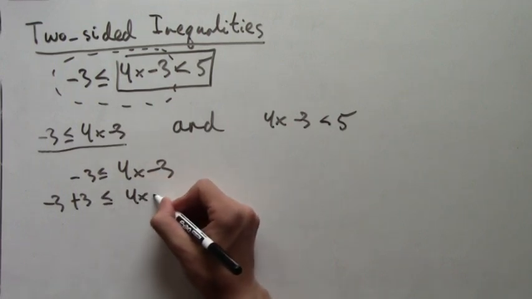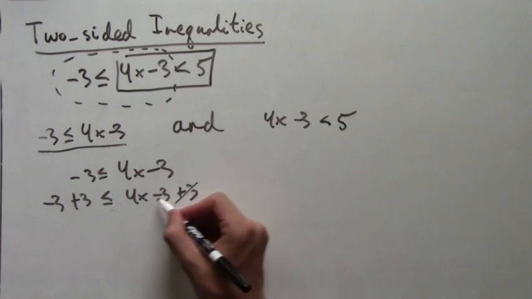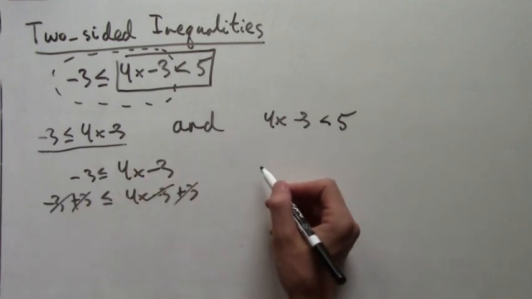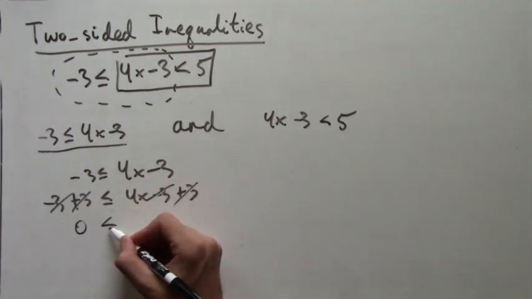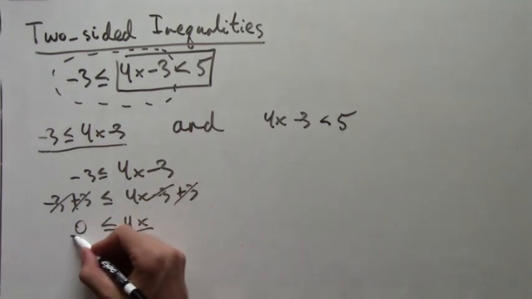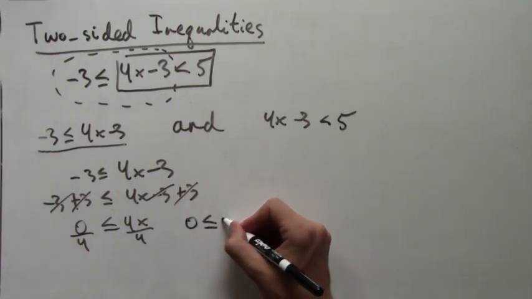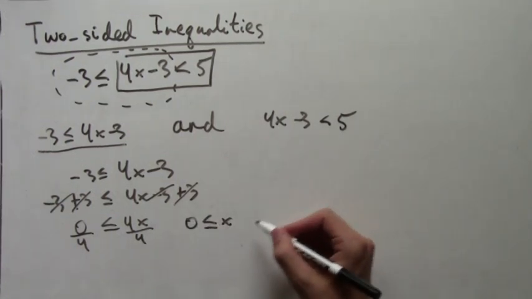We do this the same way as we would solve linear inequalities in general. We add 3 on both sides. We end up with 0 less than or equal to 4x. Now we can divide by 4 on both sides. And we get 0 is less than or equal to x. On the other side,